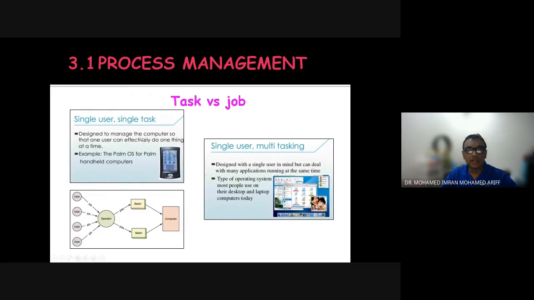Okay, so task versus job. In the 80s or early 90s, we had something called the Palm OS, the Palm Operating System. This is a small computer, and it does not have the facilities of a smartphone. It's like a computer, but it can only do one particular task at one time. Meaning, you have Microsoft Word and a few programs here, but you can only use one program at one